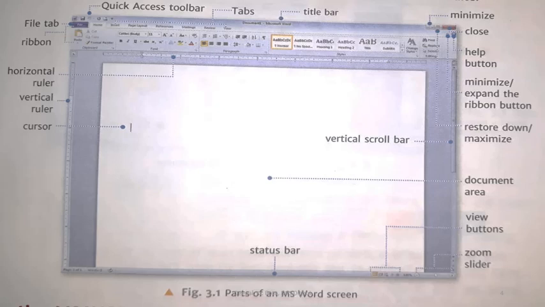I'm sure you are recalling the experience of class 4. Now I'm going to start with the recap of formatting features of MS Word that we have seen in class 4.